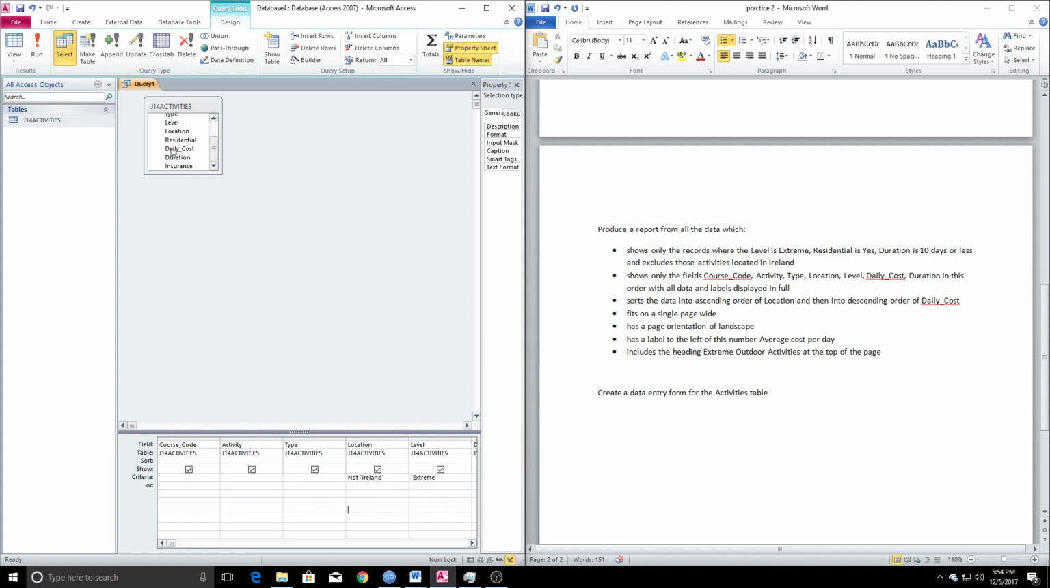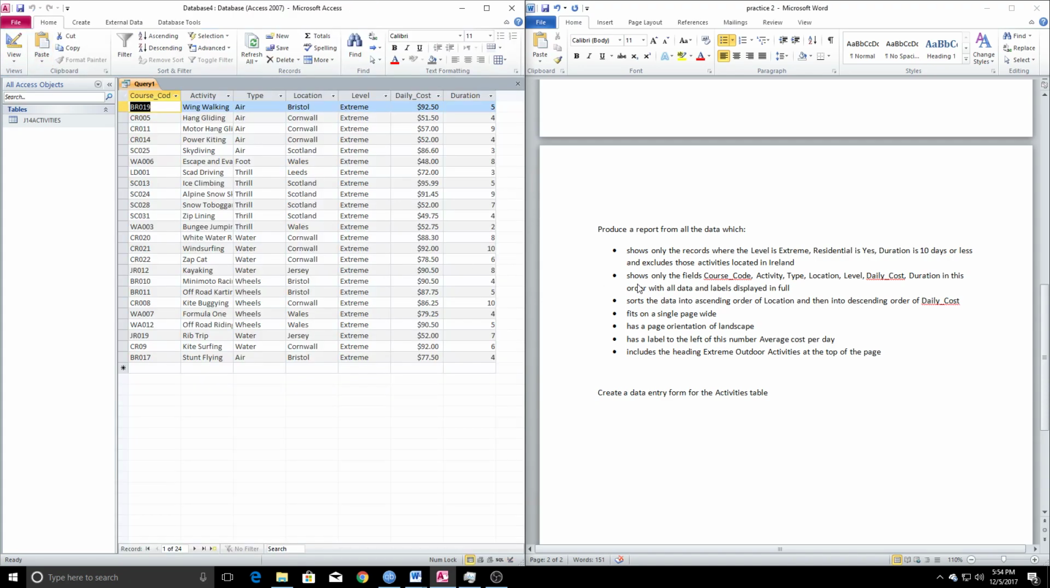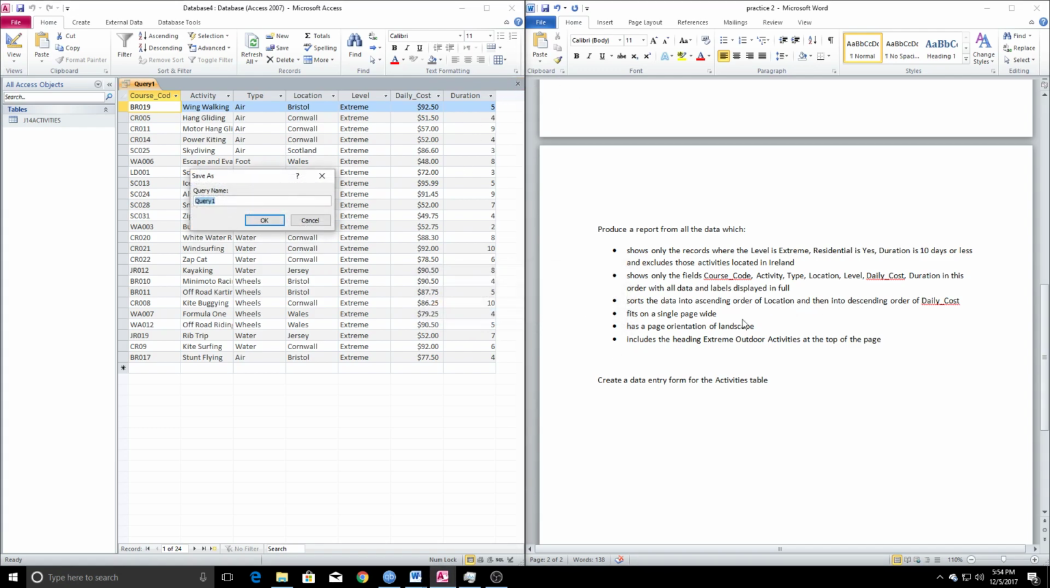So if we want to check to make sure that worked, we can run it. And there you go, it's all extreme. It's all 10 or less. None of these are Ireland. And that is it. We then have to turn this into a query. But first of all, we can delete this as well, because that's not something we have. So we close and save our query, and it is called